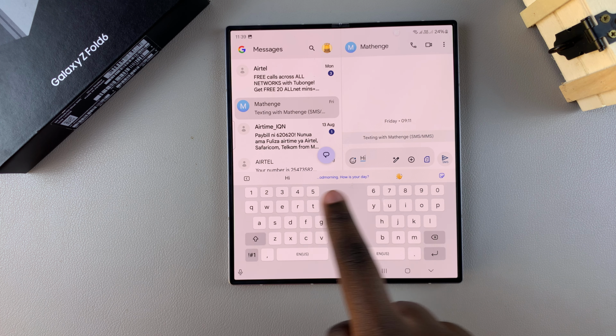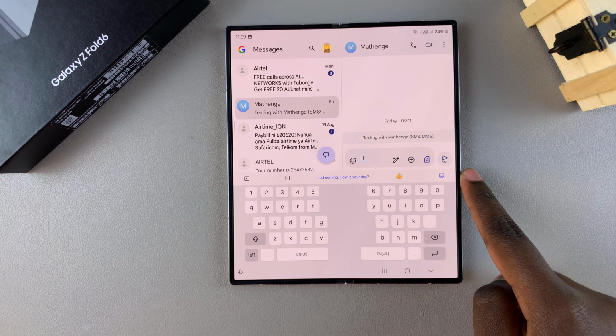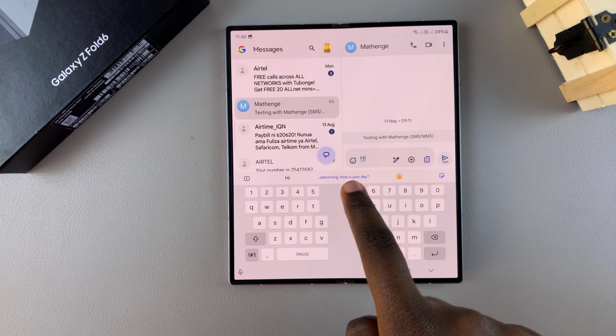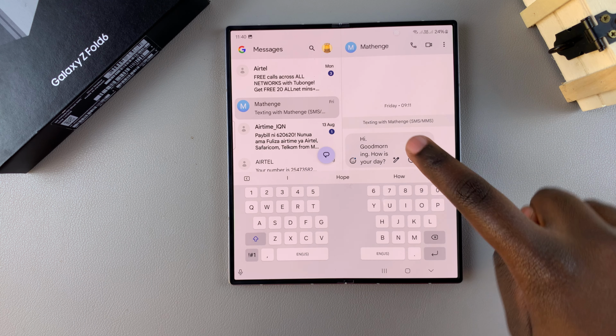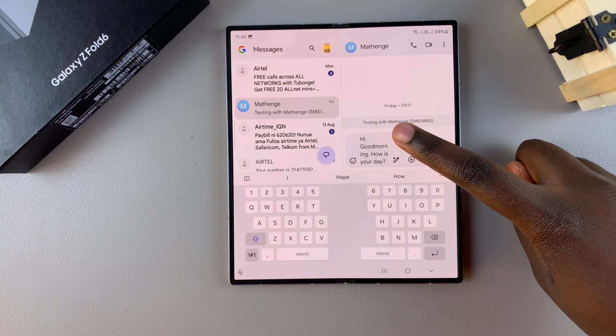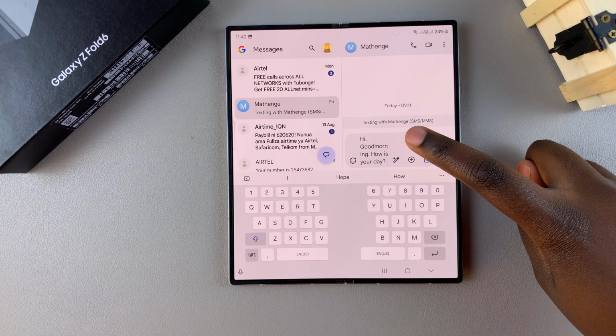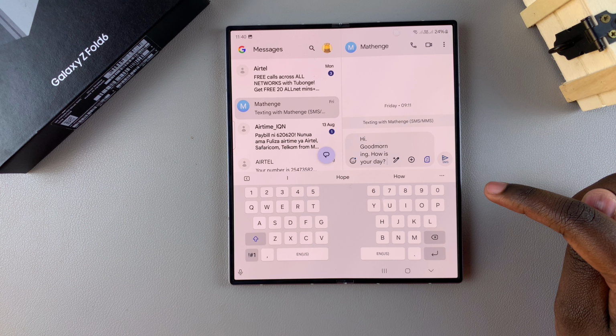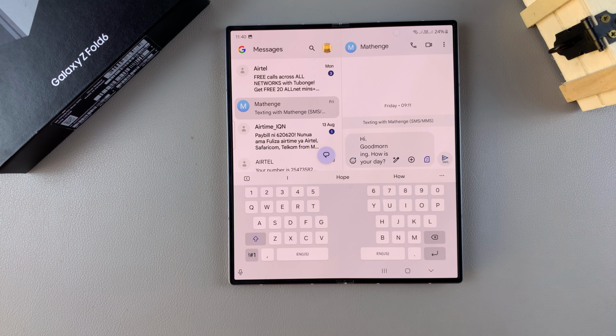expanded phrase appearing on the suggestion strip. So you want to tap on that expanded phrase, and you can see the whole expanded phrase that you had typed in earlier as part of your shortcut has now appeared here. So you can make typing much faster, especially if you want to send the same type of message to multiple